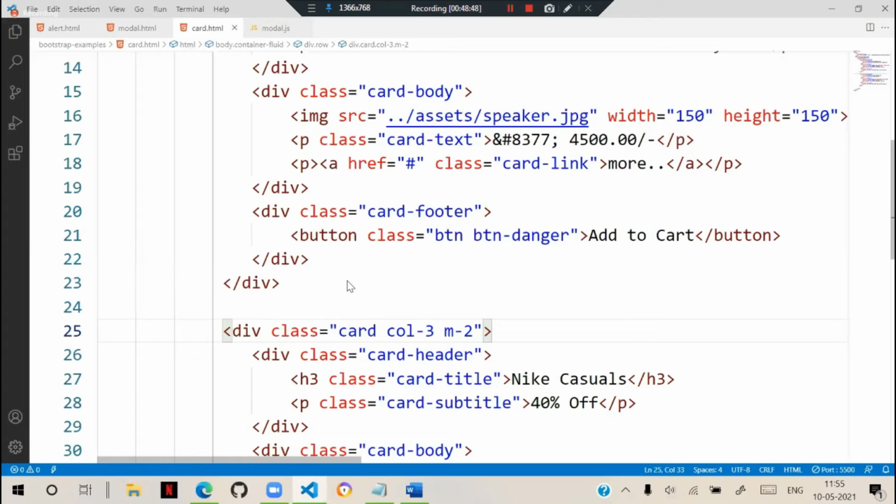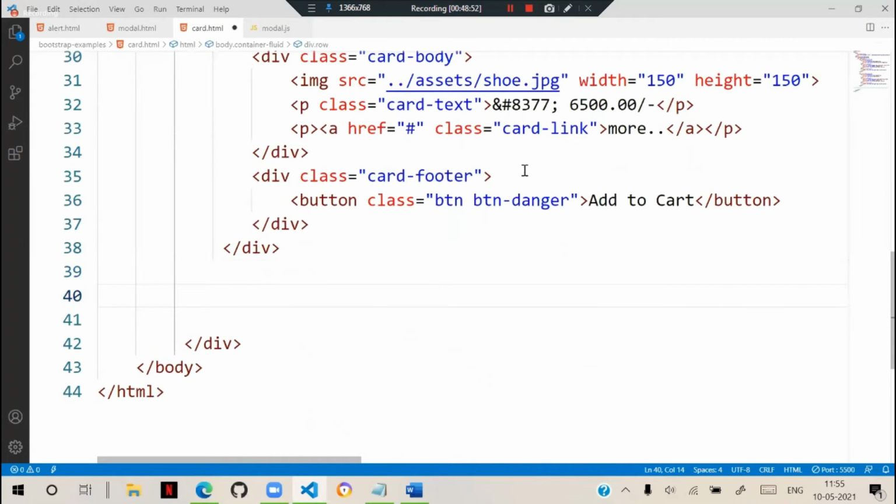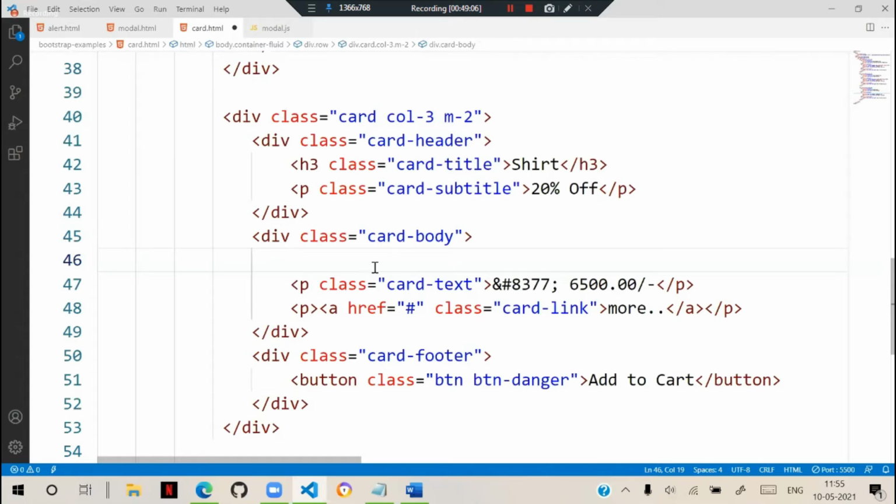Copy this and put a third card here. In this card, I am giving the title as shirt, so some 20% off on the shirt. In the card body, the price and other details we are displaying, but the image we are not keeping in the card body.